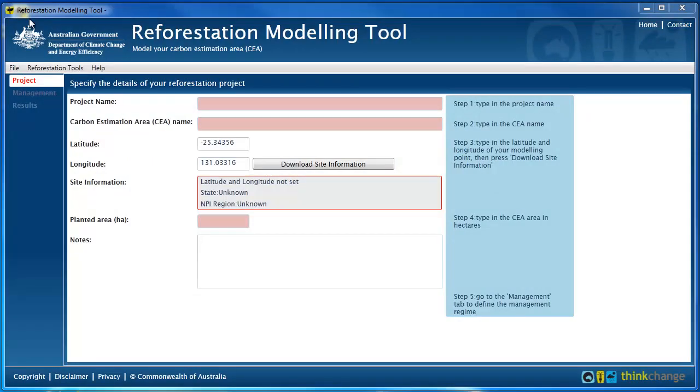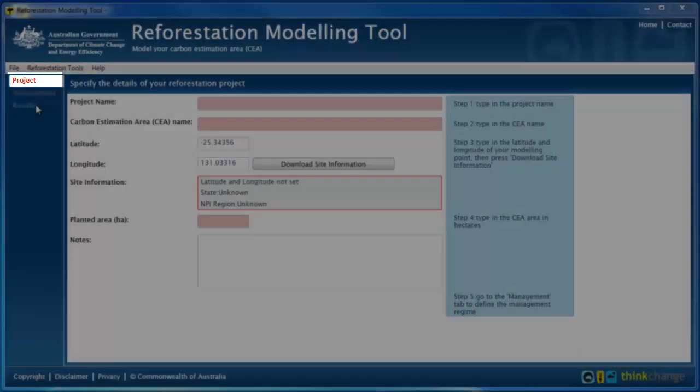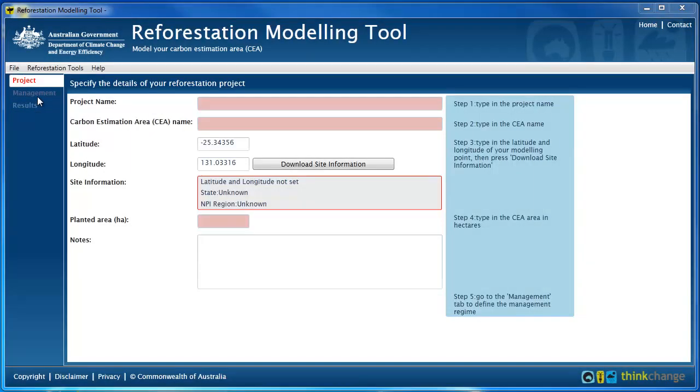Once the program is open, it's worthwhile to navigate around to understand the RMT, which is quite straightforward. The major navigation tabs are on the left side, Project, Management and Results, and clicking on each will open a new window where I can enter information or see my results. There are some default lat-long values automatically entered, which I'll write over later. Some of those navigation tabs are dimmed at this point, but you'll see that change as I enter the required information. So let's get started on tab 1, Project Information.